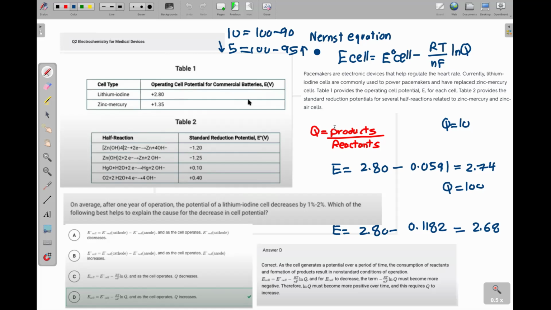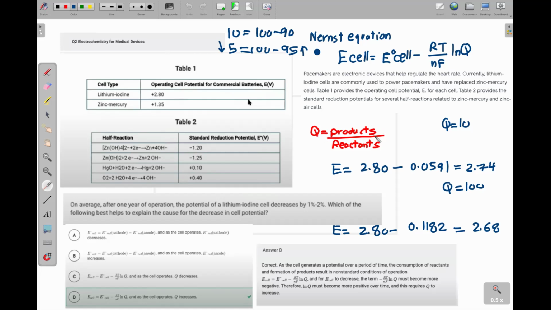Of course, it's D. You are asked why it loses little power. So simple answer, the battery uses up its reactants and changes them into products. Very well. But this means that we change something called Q. Q is just a ratio between the products to reactants. When Q gets bigger, this is the numerator